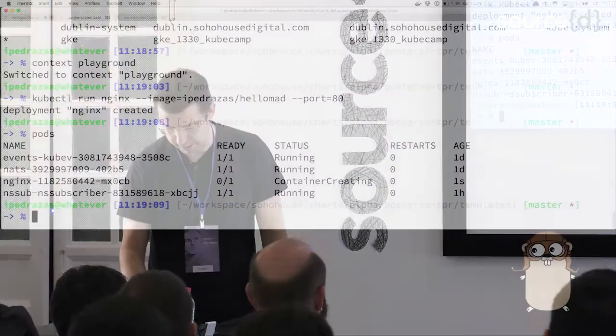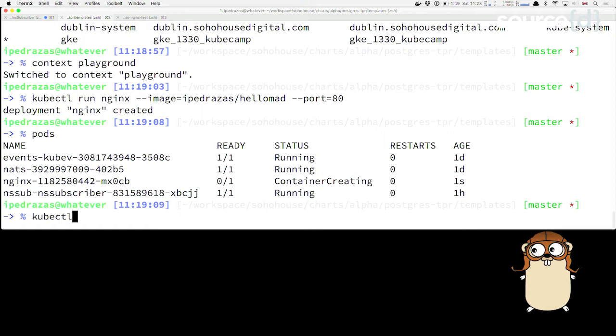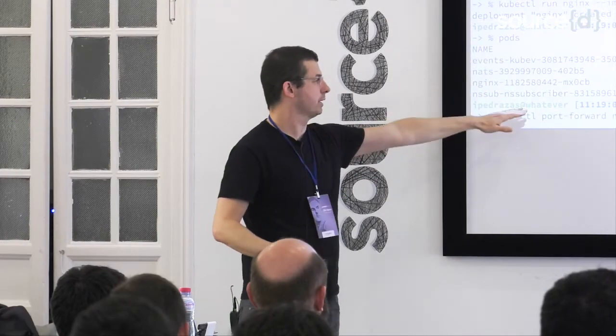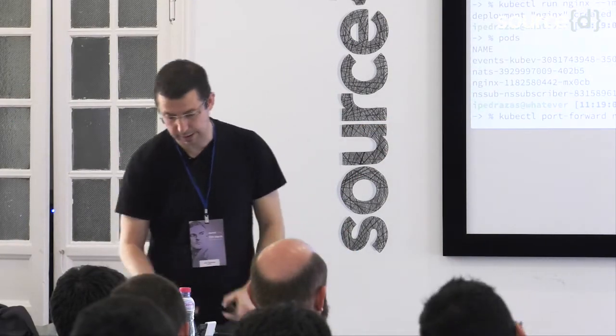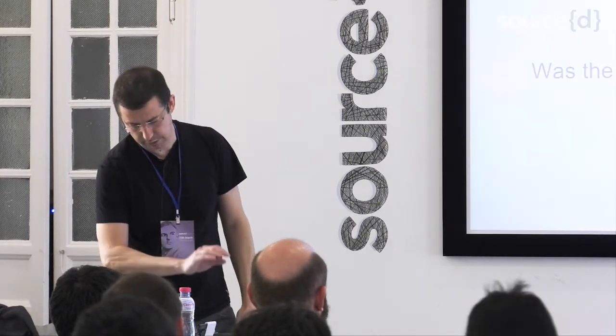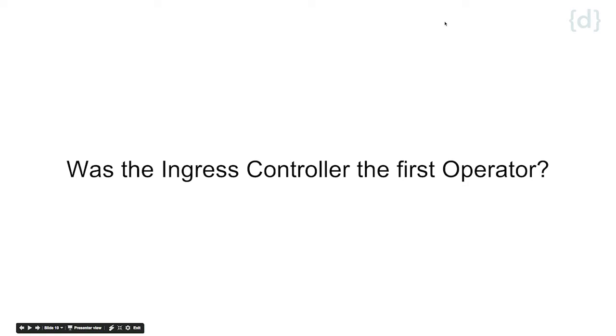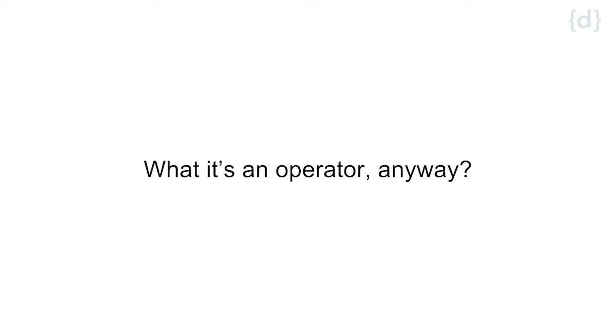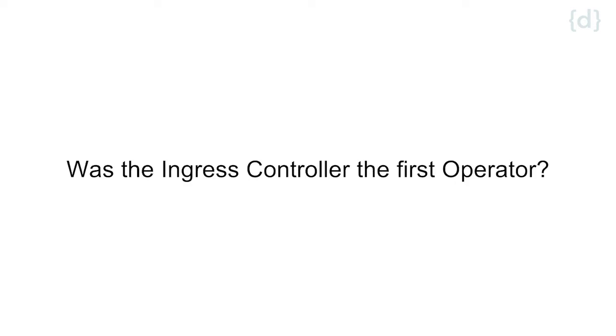What I was doing here with this kubectl port-forward is that this pod is running in my cluster, and I don't have access to it. So what I do with this instruction is allow my machine to connect to this cluster and access the pod. That is something important: all your applications run in the cluster, and you have to define how you want to access the traffic. The ingress controller is basically that. It allows you to define all these rules: if you request this host and this path, I know which Kubernetes service I have to call.